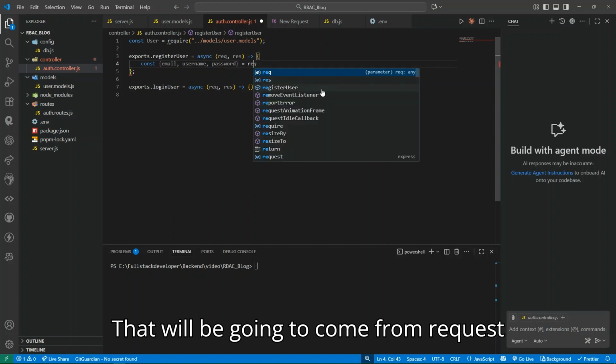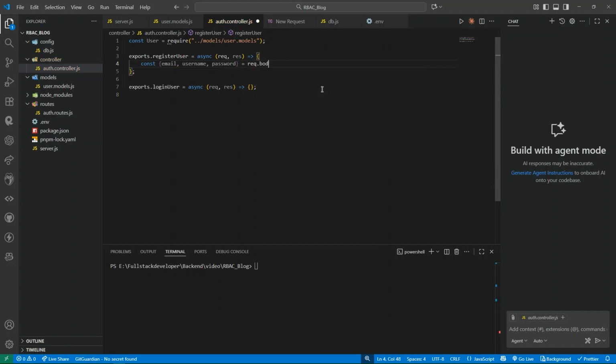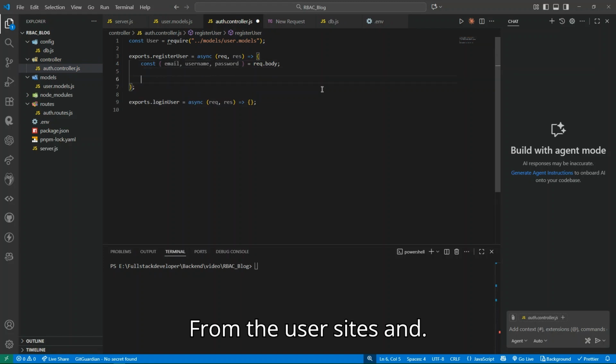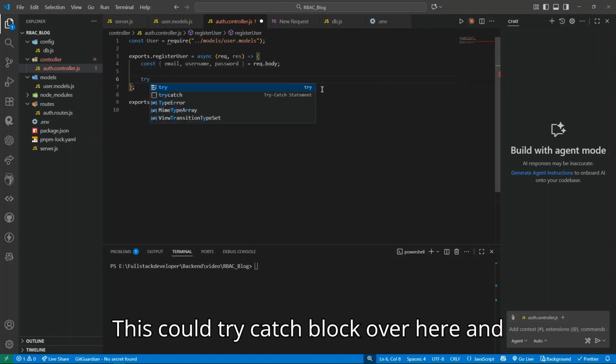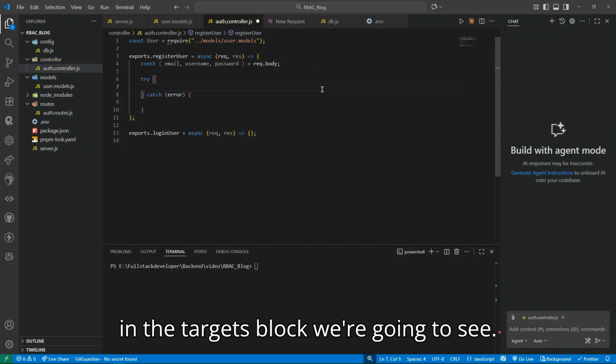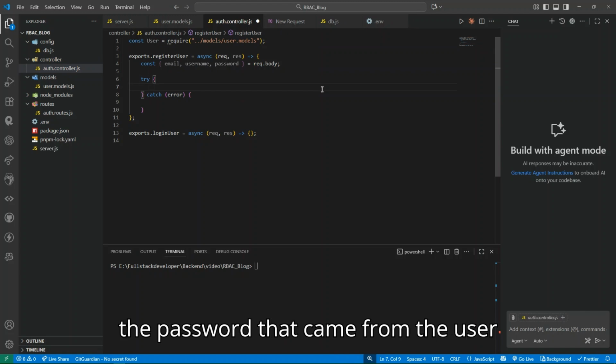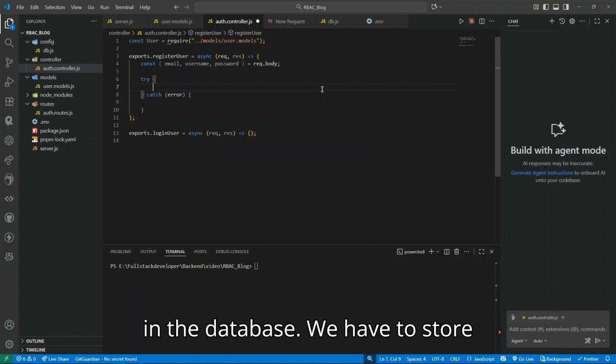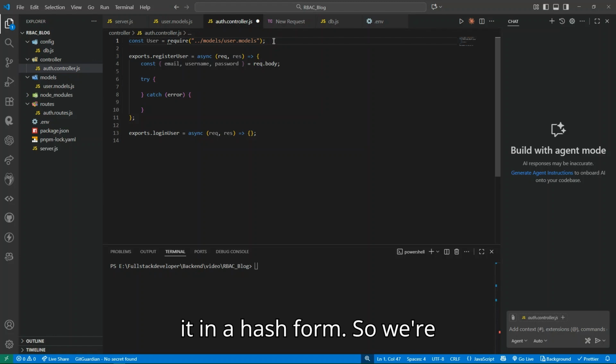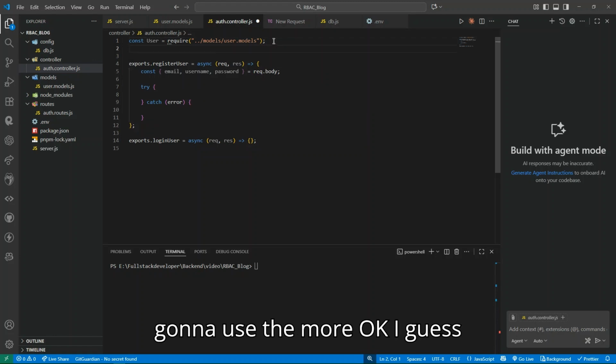That will come from request.body from the user side, and let's put the try catch block over here. In the try catch block, first of all we have to encrypt the password that came from the user. In the database we have to store it in a hash form, so we're gonna use the more package dependency,